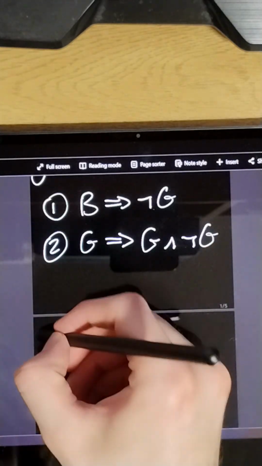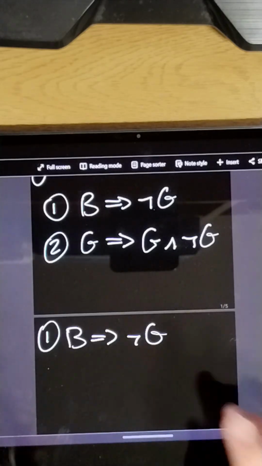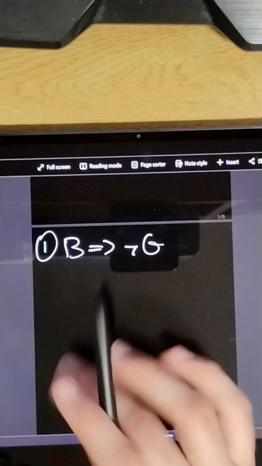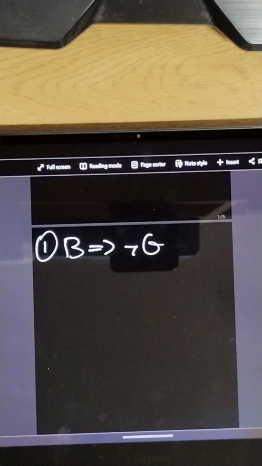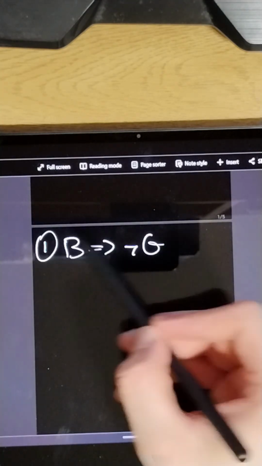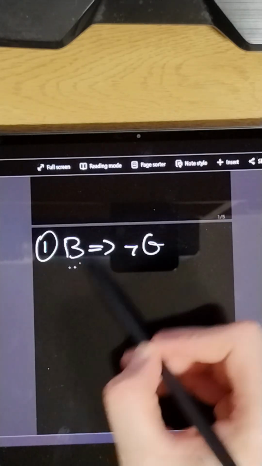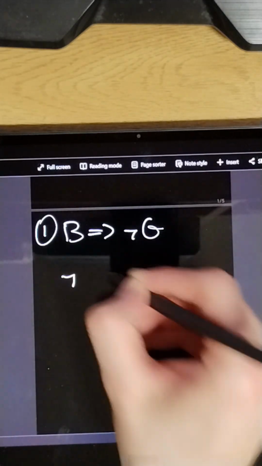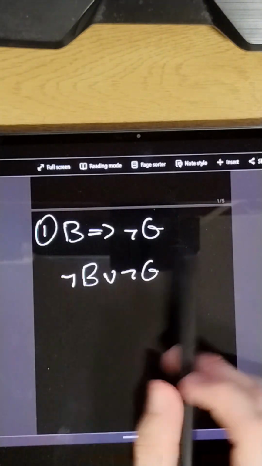So starting with this first one, bacon implying no games, we can write this imply symbol in a more simple way, a way that makes it easier for us to understand, because implies is quite an odd thing. You can have the right condition but not always the left condition. The left condition just tells us that when it's true, the right one will be true. So instead we can write this as having no bacon or we have no games, because if the left side